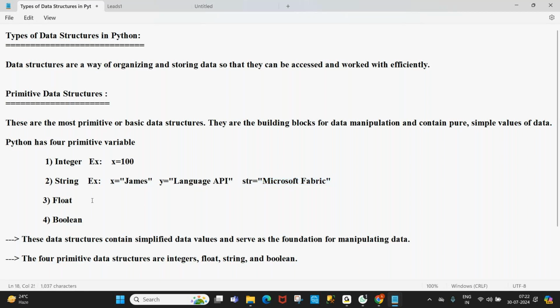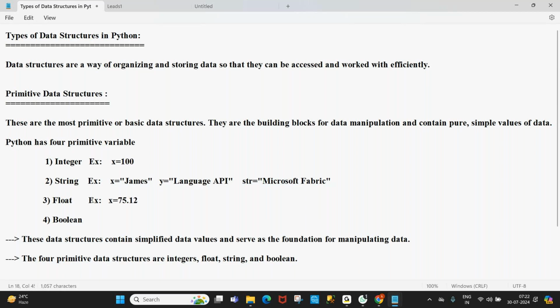Even floating point numbers hold simple values. For example, floating points: declare one variable x equal to, say, 75.12.